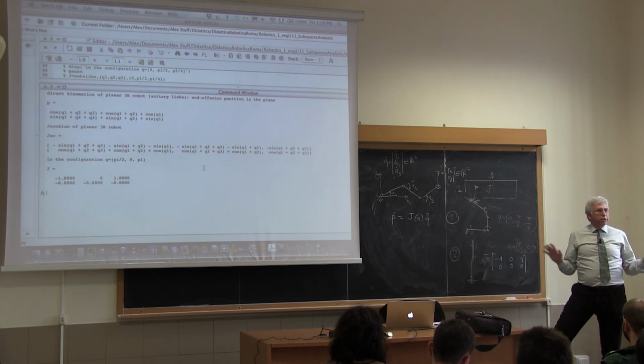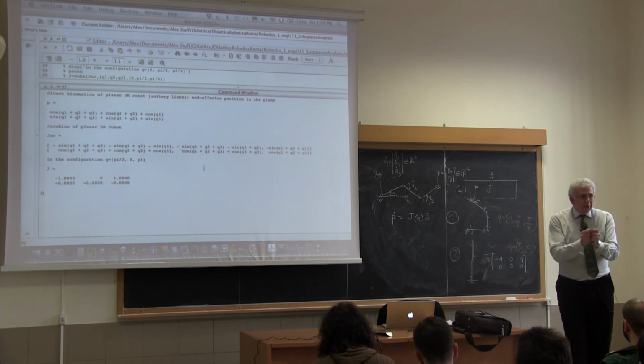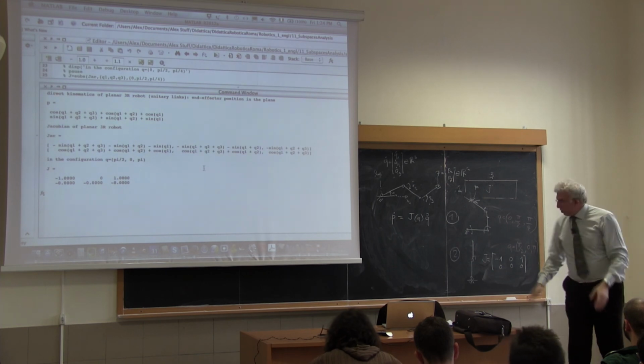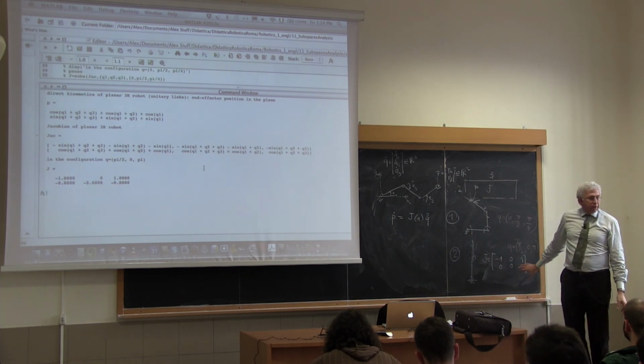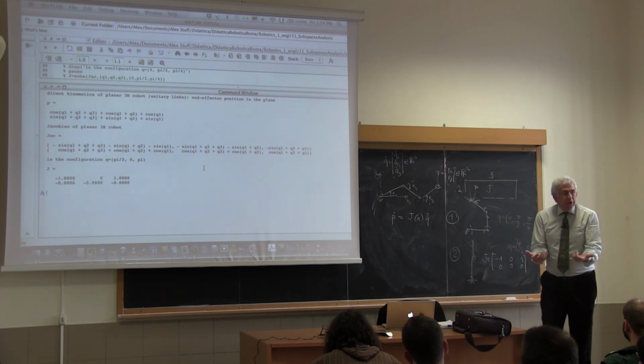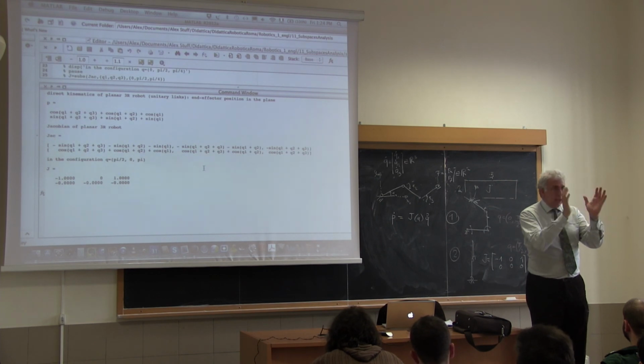Joint 2 is completely useless. Of course, as soon as I give a velocity to joint 2, I will change configuration. So the Jacobian will no longer be this one. And so I have to do a new evaluation. So this is really an instantaneous situation